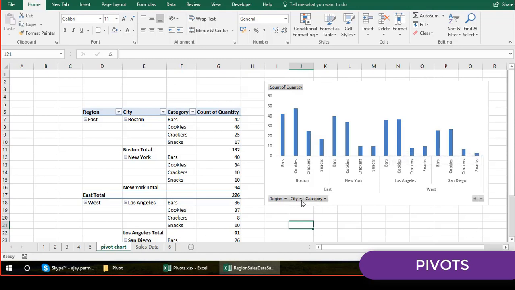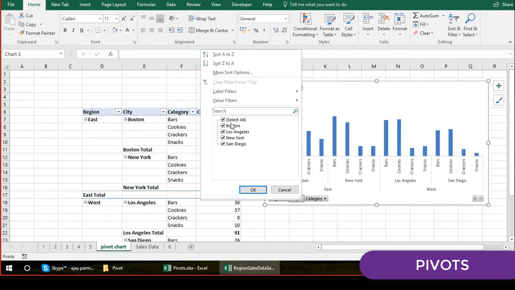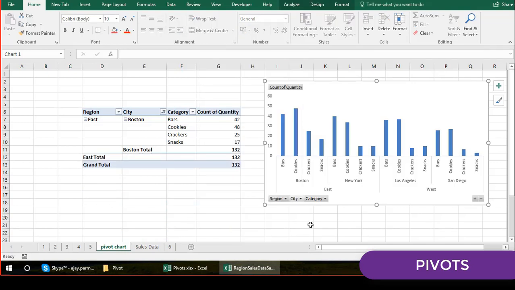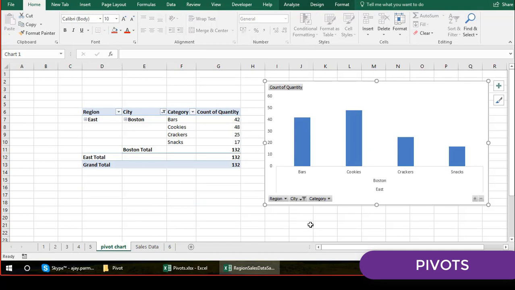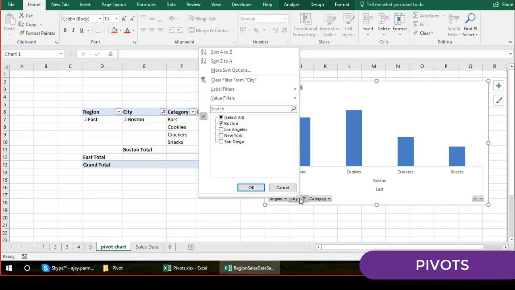So that is how you can create all these things, right? Let's say I want to see only Boston. Boston is available only in East region. So you see only Boston for the East region. If it would have been available in a different region, you could have seen the comparison. Okay, that is how it is.